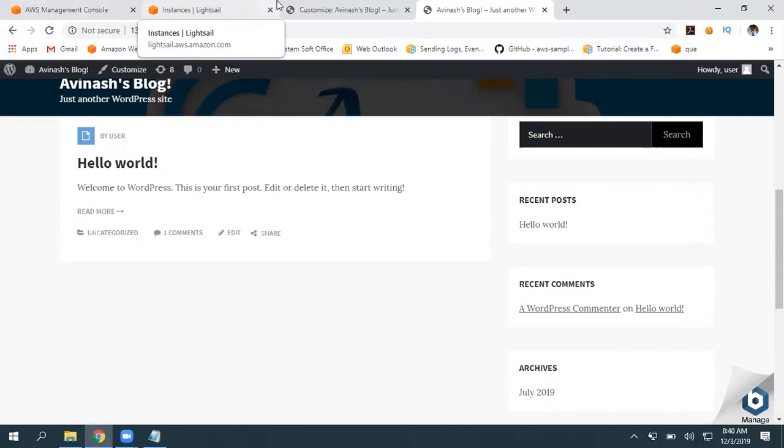So in simple terms, you really don't need to have any technical knowledge to manage these websites. If you have technical knowledge, if you are a developer and you want to deliver, just go and pick the Elastic Beanstalk category. You can write your code and deploy that code.